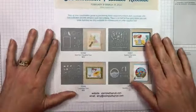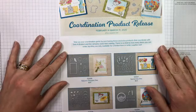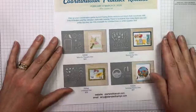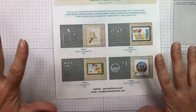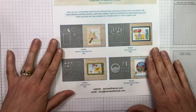And one other thing I wanted to remind you about before we get started is that the coordination product release is happening now. Stampin' Up! has released 5 die sets and a pack of Designer Series paper that coordinate with items from the current